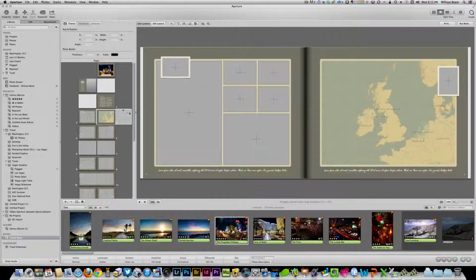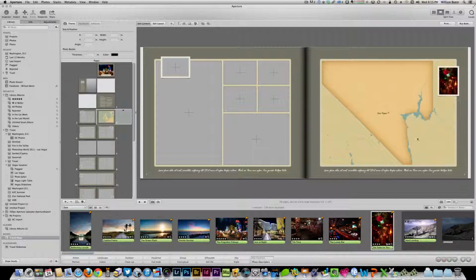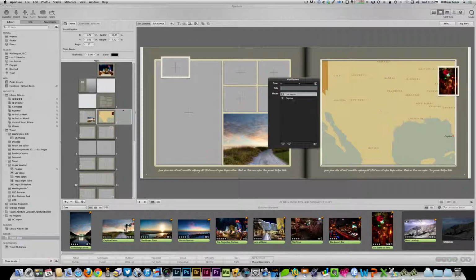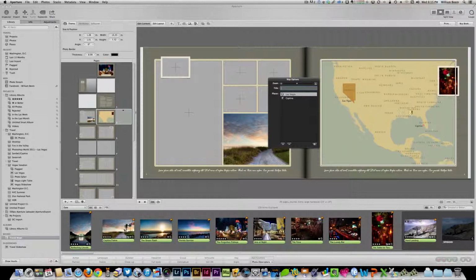Now let's go down here and see what we can have a little fun with it. So this photograph was taken in Las Vegas. This photograph was taken in Captiva, Florida. And now you can see there's a dot over here and a dot over here. So we can double click this, and when we start changing our zooming around, we can get a little bit